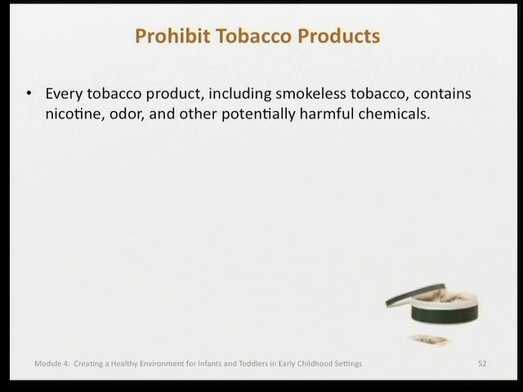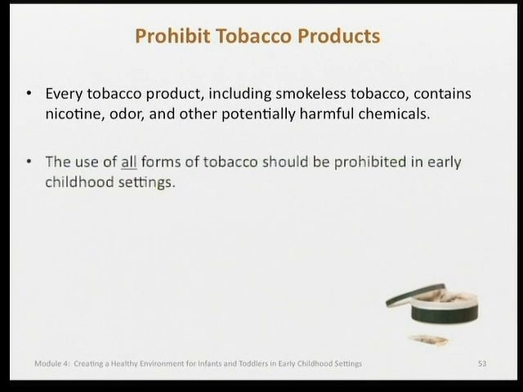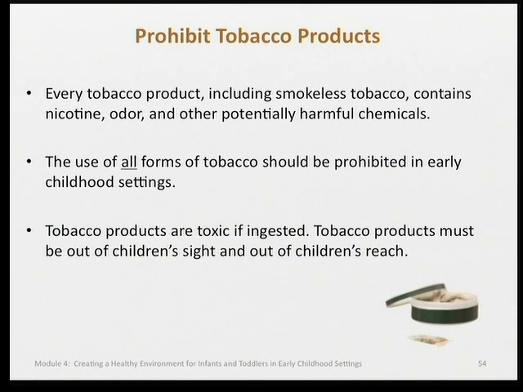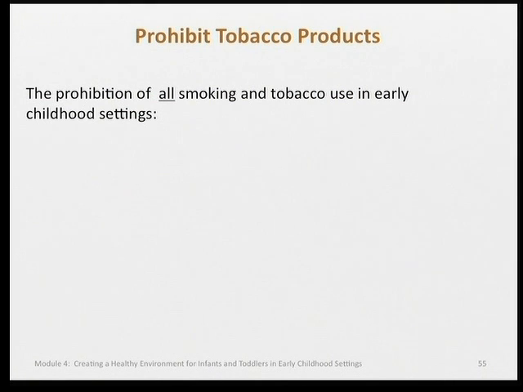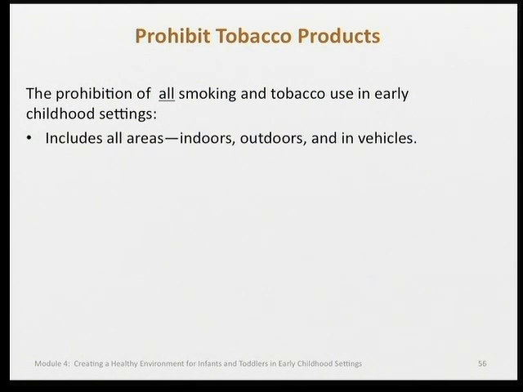Every tobacco product contains nicotine, odor, and other potentially harmful chemicals. The use of all forms of tobacco should be prohibited in early childhood settings. Remember that tobacco products are also toxic if ingested. Tobacco products such as cigarettes, pipes, snuff, and chewing tobacco must always be out of children's sight and out of children's reach. The prohibition of all smoking and tobacco use in early childhood settings should include all areas: indoors, outdoors,